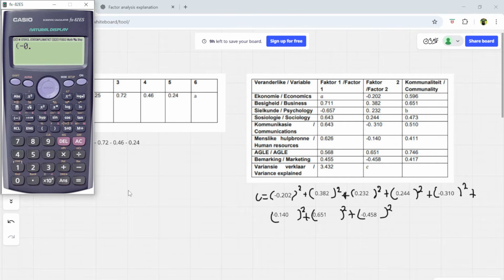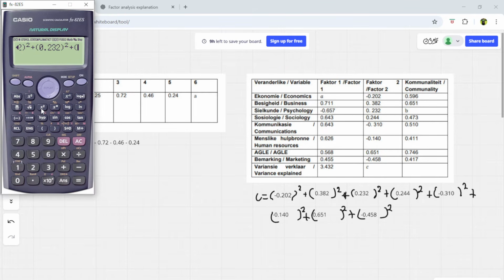Minus 0.202 in brackets squared plus 0.382 in brackets squared plus 0.232 close bracket squared, just like that, all of them,